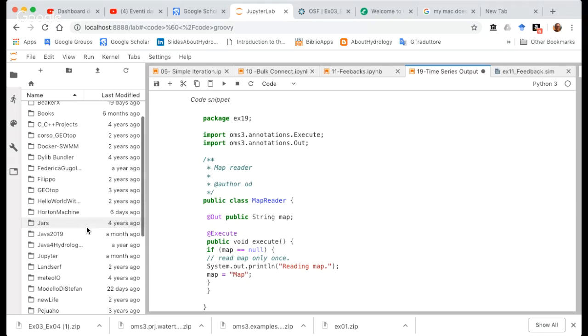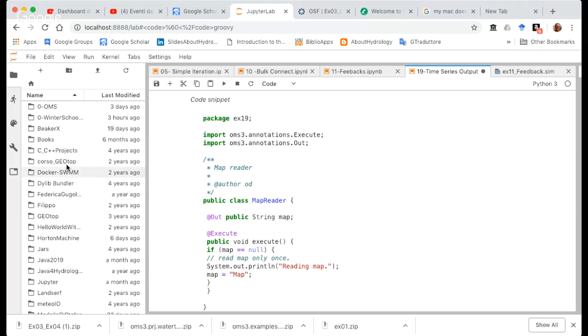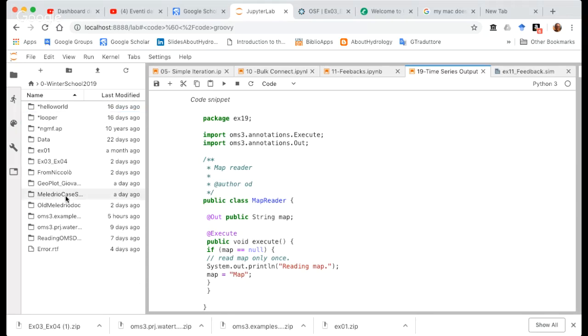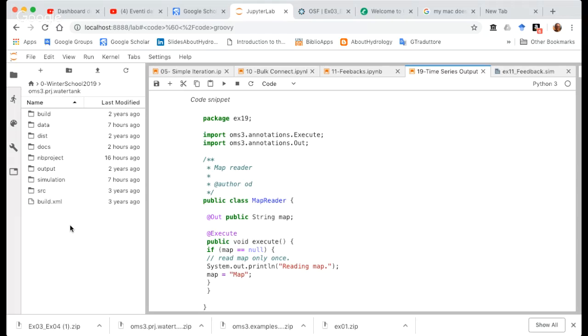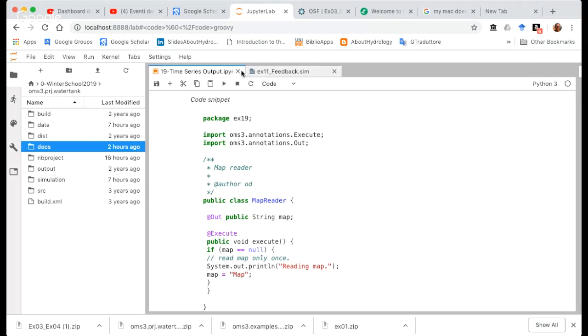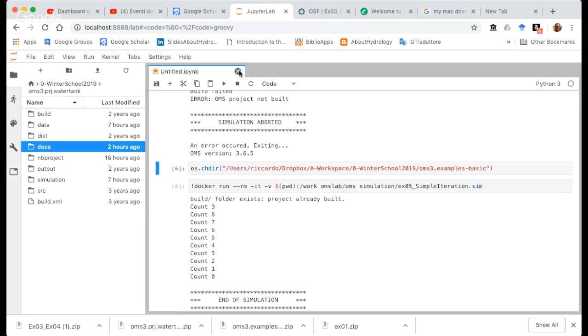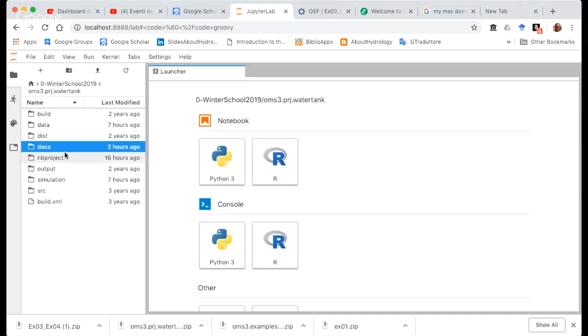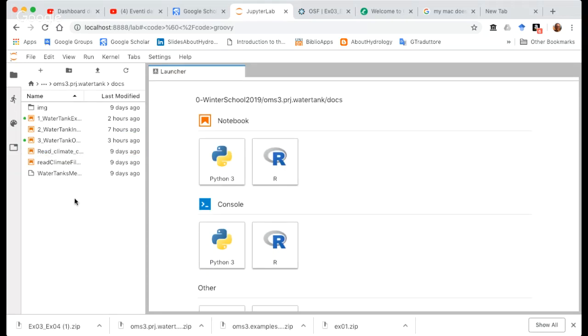Instead, what we will see is the water tank example. Is that okay now? What is the water tank example? Let me kill a little bit of simulations and data to clean. Okay. The water tank example is